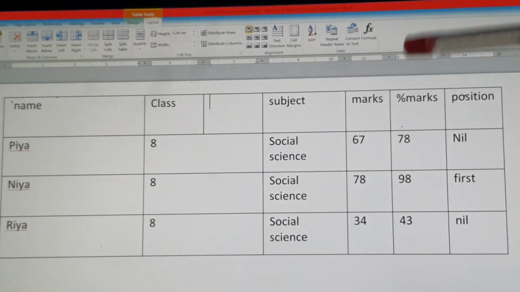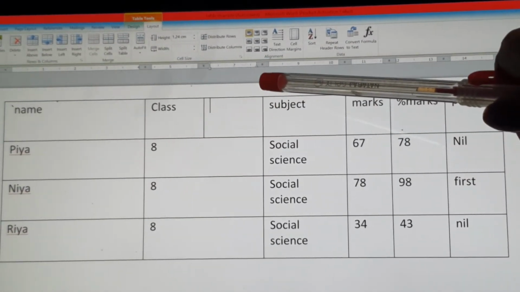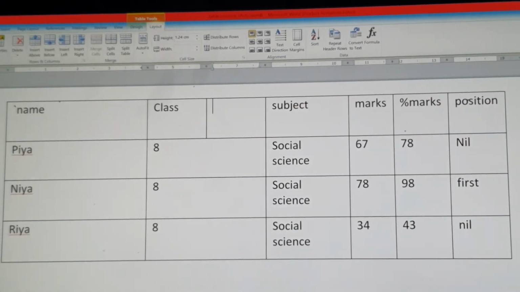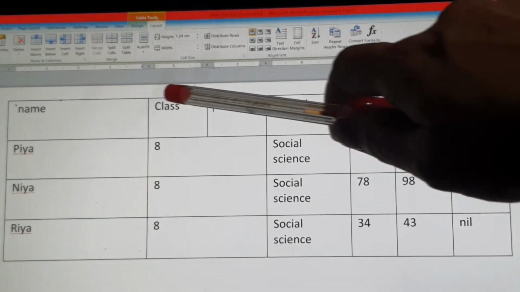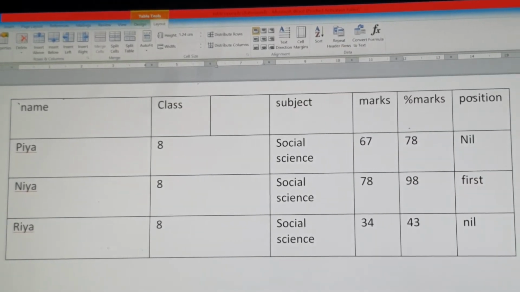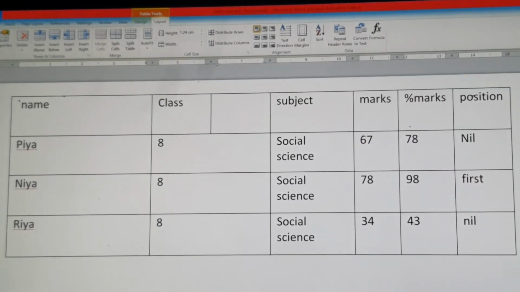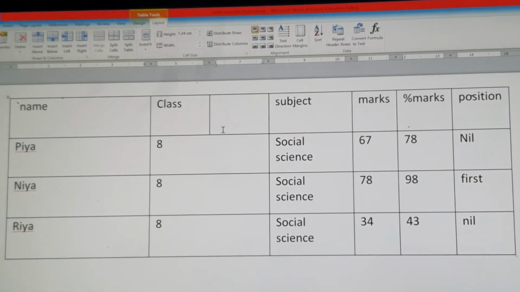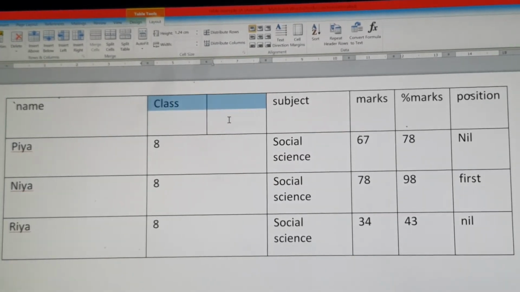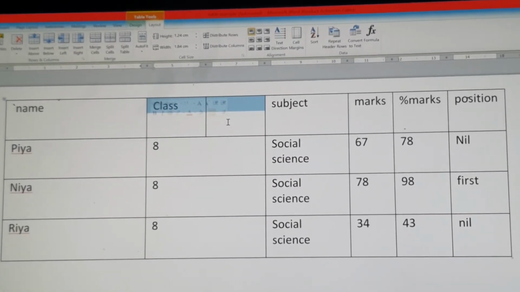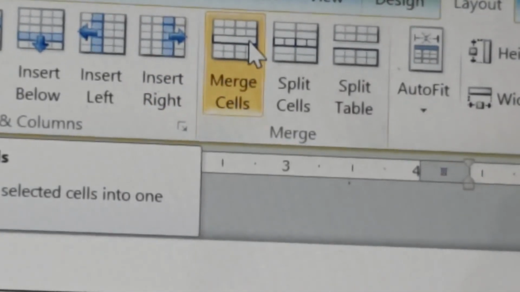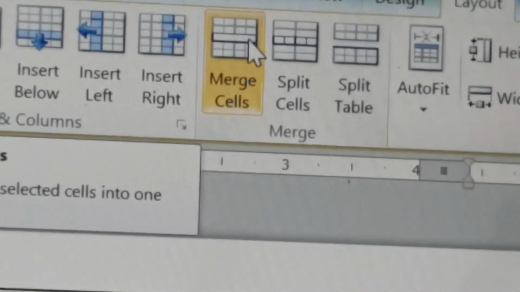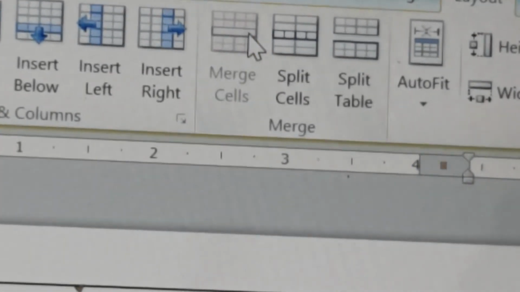See this table again. अभी हमने इस cell को split किया था in 2 parts. Again the same thing. We are going to merge these 2 cells. अगर हमें इन्हें merge करना है तो first select these 2 cells. See, I am going to select these 2 cells. Okay, I have selected. Now see this option, merge cells. I am going to click on merge cells. Okay.